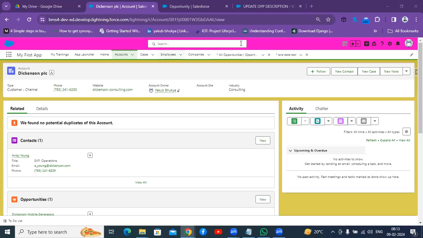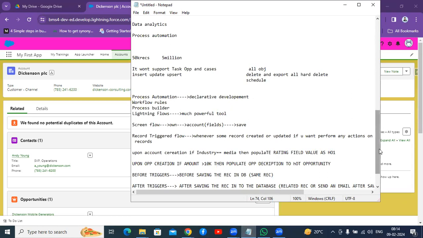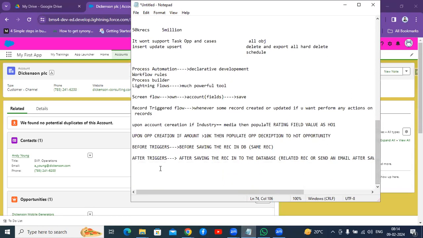Okay. So now I'll take another scenario. Like a second one, you can take it as an assignment. So now before, we did create one. The next scenario is create related contact